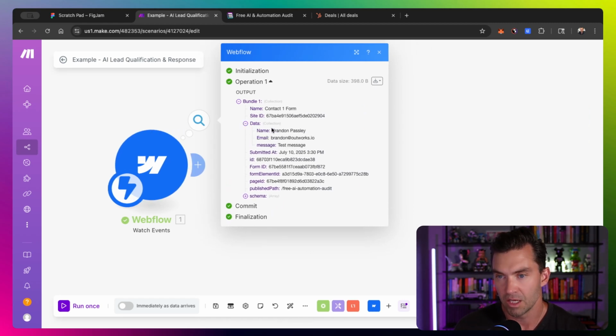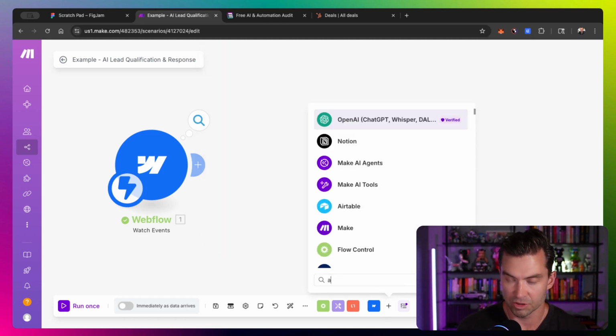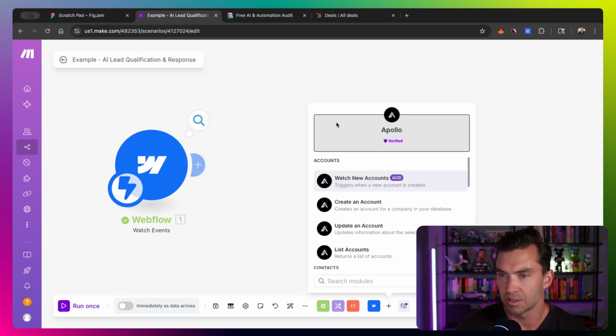So the data should be name, email, and the message, which is great. So this is the data that we can now use moving forward. And this is where the fun part gets, because we say if someone only submits their name and email, how do we get all the other information to see if they are actually qualified and meet our requirements to actually work with us? Let's grab Apollo, which I already mentioned, but Apollo is a tool that allows us to enrich